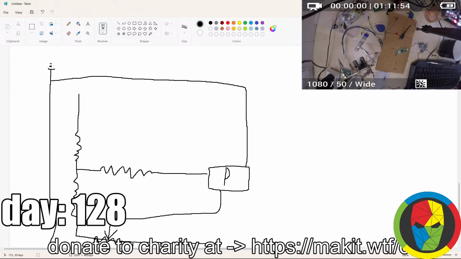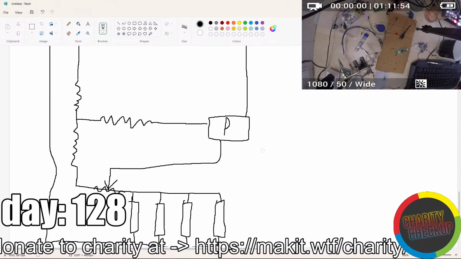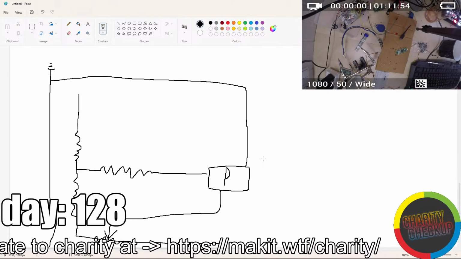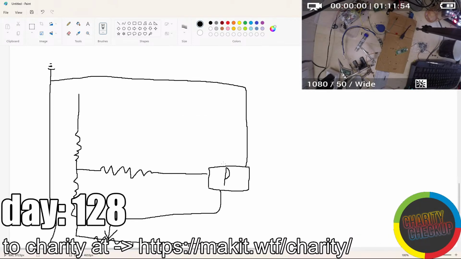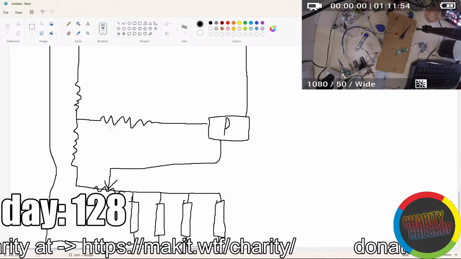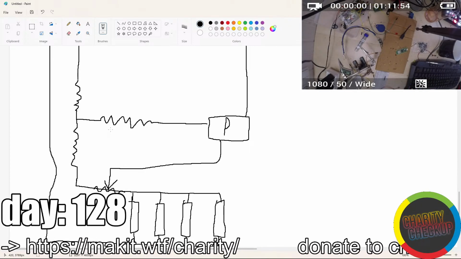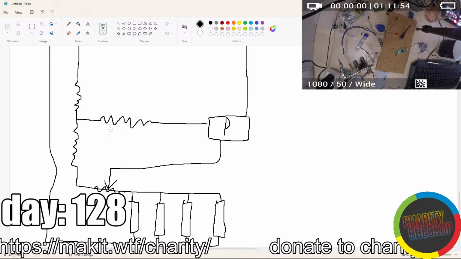Everyone lives happily ever after, but that's the first part. That's the easy part, right? Over here, right now, we have a circuit which allows us to, well, obviously with no hard values yet, charge batteries and control the flow of charge, control everything when it comes to these batteries.